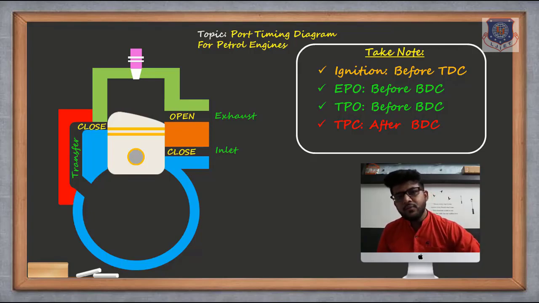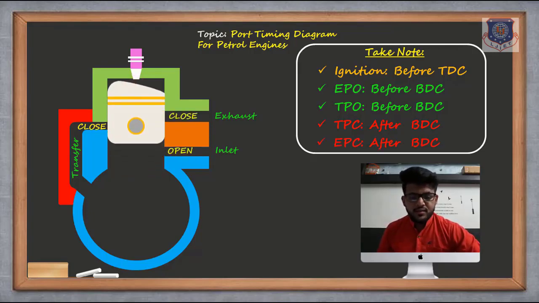Now we will slightly move it towards the TDC. So when it reaches TDC, what is now happening? The exhaust port is now closed, and you can see that the spark is done. So that's it in compression. So you have seen all these steps, and now all the steps are clear. You only have to take note of these 5 steps.